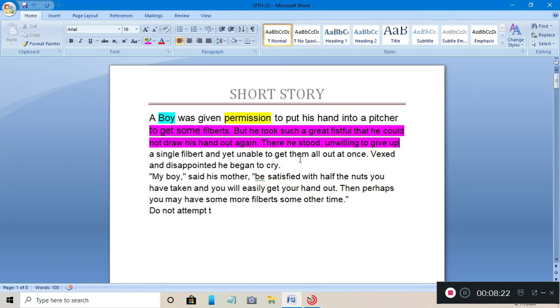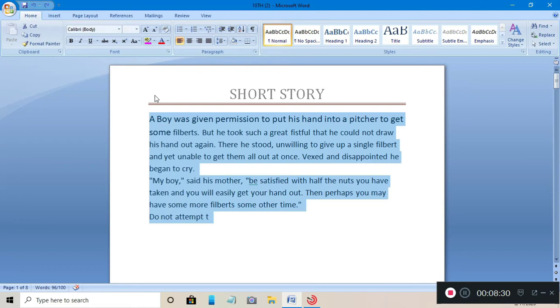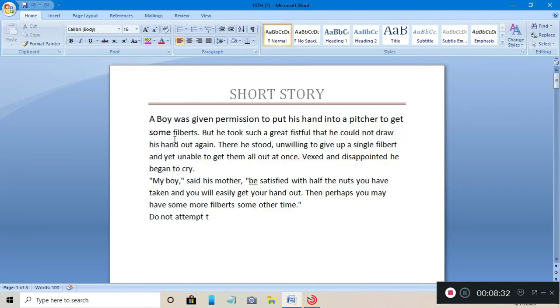Next is applying character formats. Now what are character formats? As you can see here, I have already written a paragraph. So what are formats? When you go again to the Home tab, under the Font group, you can find bold, italic, underline.